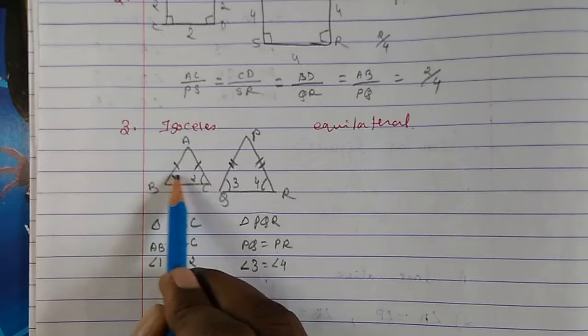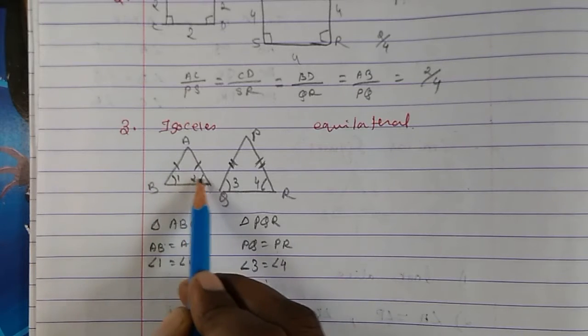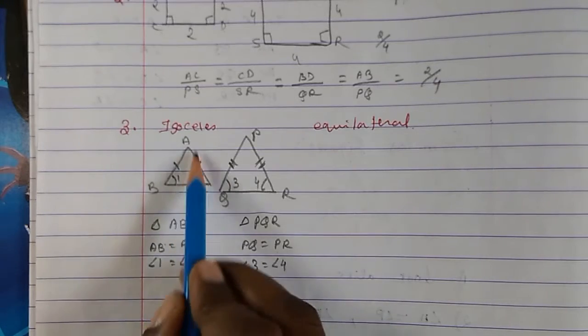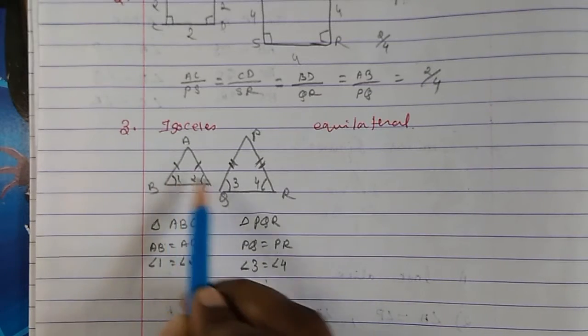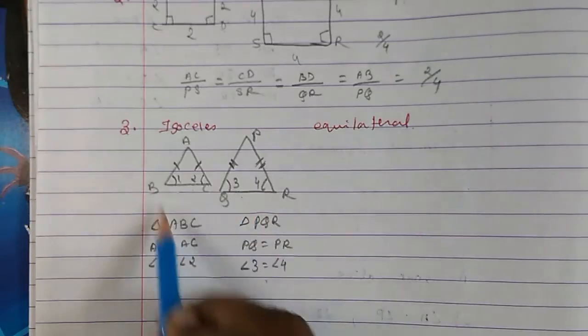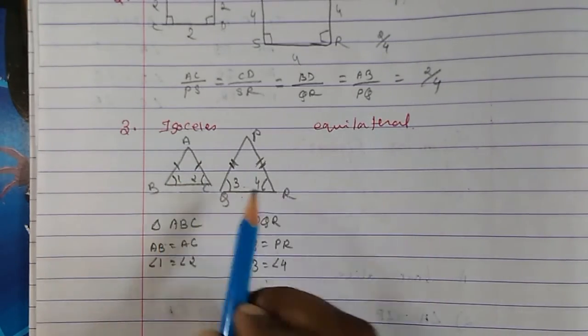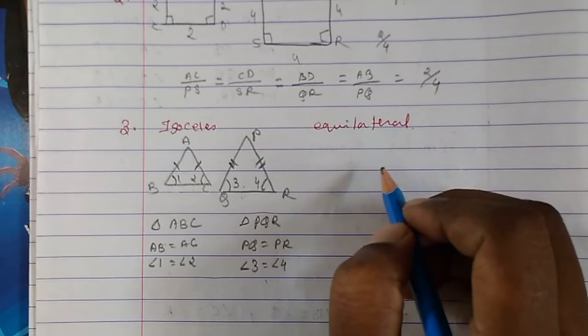The angles opposite the equal sides are equal. So this has to do with this only. This has nothing to do with this triangle. So isosceles triangles are independent. They have nothing to do with this. Let us take the equilateral triangle.